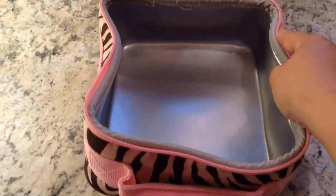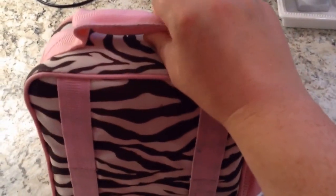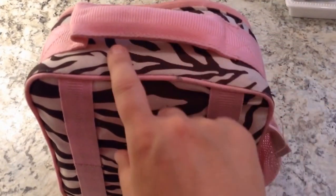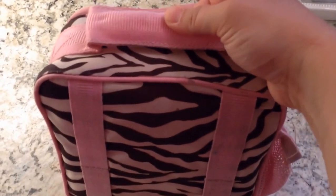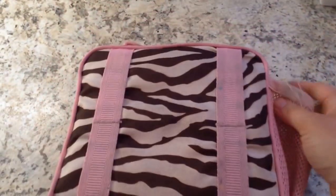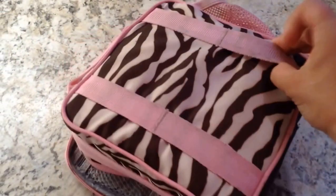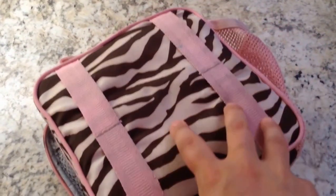Again, when you purchase it, it will not be sunken in like that. The handle is very padded. It's, again, a very thick padding. If you saw my review on the MacKenzie backpack, this lunchbox handle is very similar to the straps of the backpack. On the back here, it does have these loops, and these are designed to clip into the MacKenzie backpack